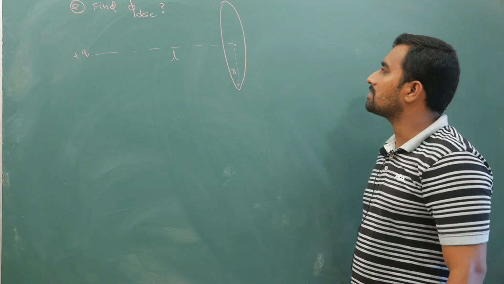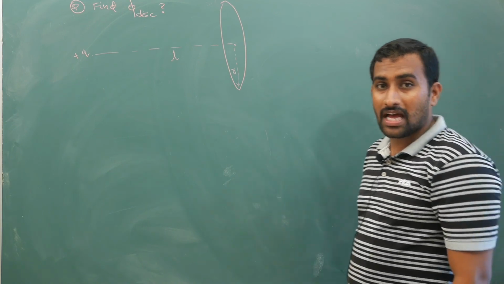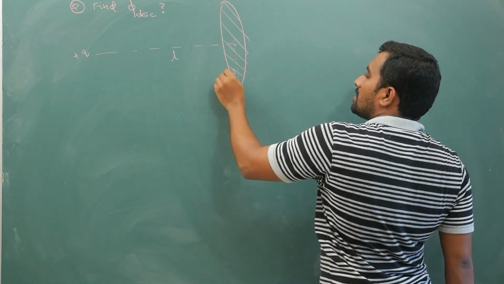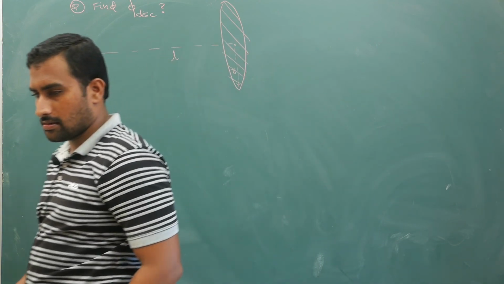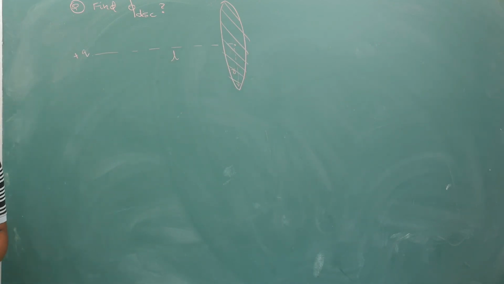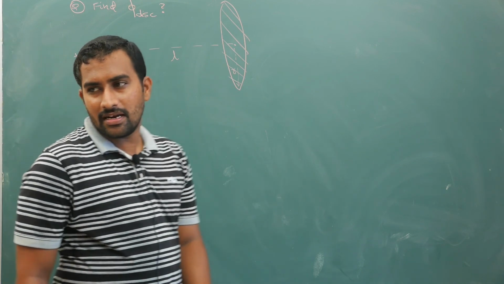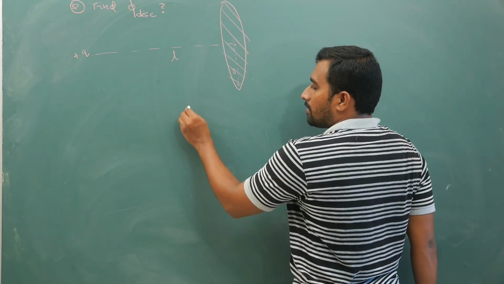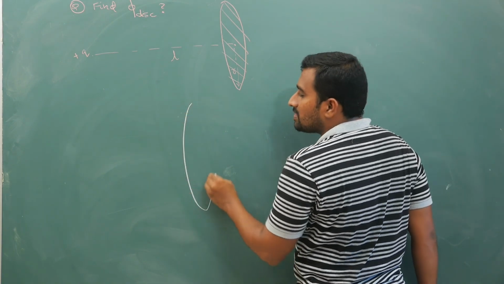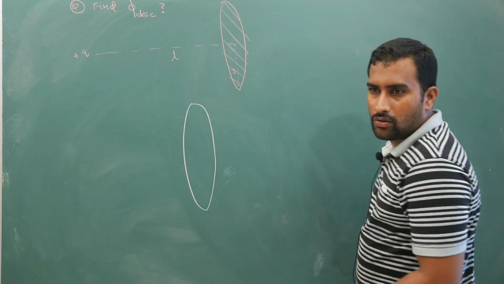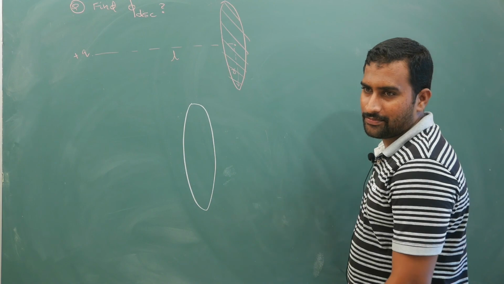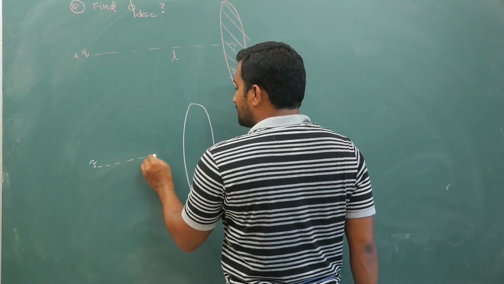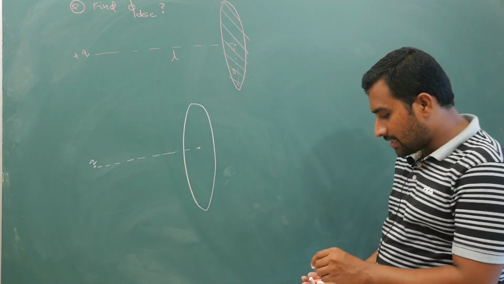But anyhow, now you just answer this question. I want you to calculate the flux through this disk. Across this disk, what is the flux? That is my question. Now, the basic method, if you are doing it without solid angle, I will tell you. Then you will get to know how solid angle will simplify this answer. One is directly using solid angle, but I don't want that. I want you to calculate without solid angle.